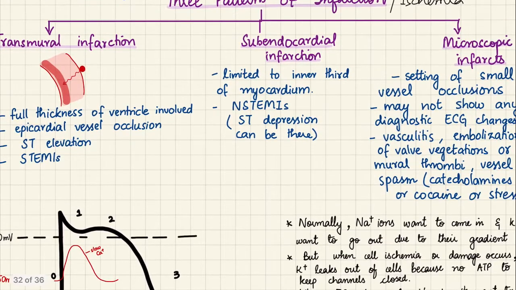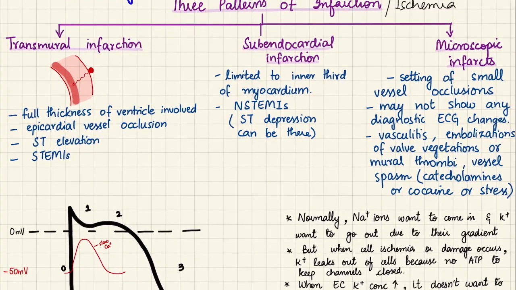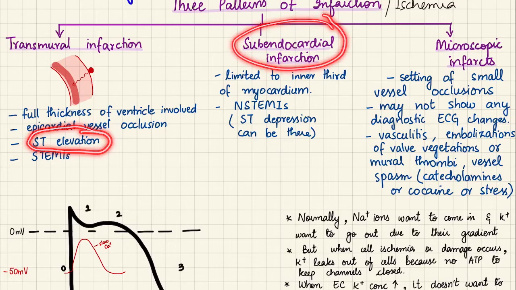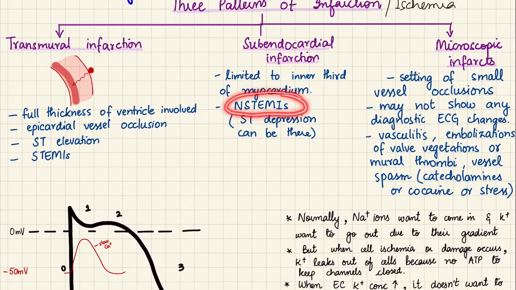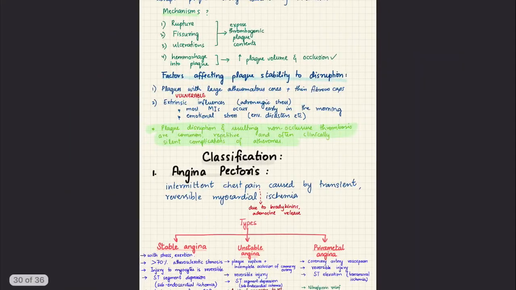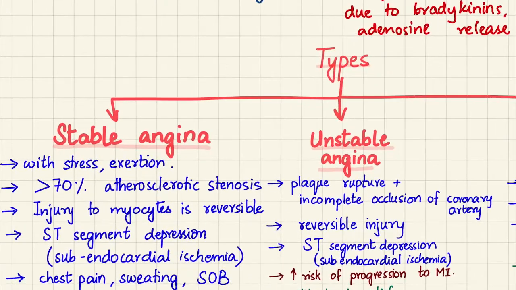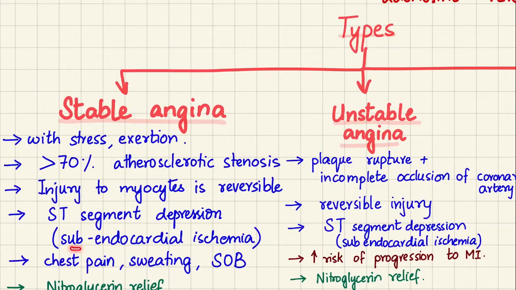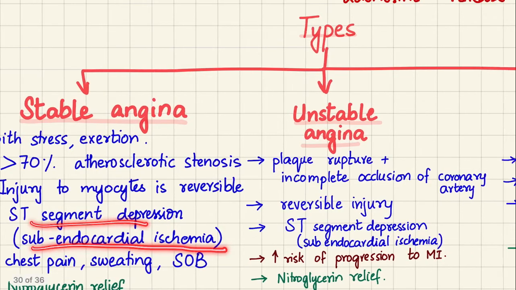Now let's revise this. In transmural infarction, we are going to have ST elevation, and in subendocardial infarction, we are going to have non-ST elevated MI. Okay? And in microscopic infarcts, we do not have any diagnostic ECG changes. Now I want you to go back into this angina, and here I said subendocardial ischemia, ST segment depression,